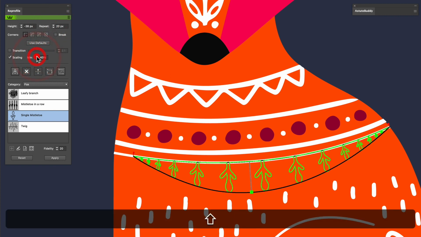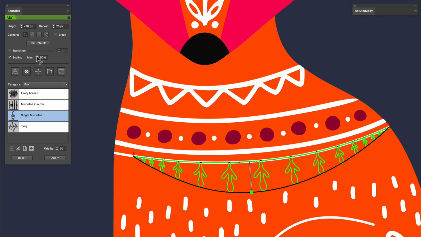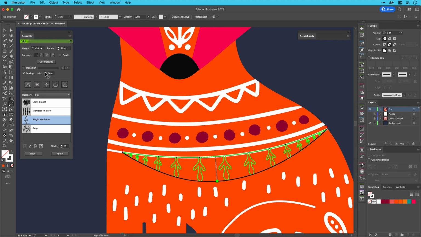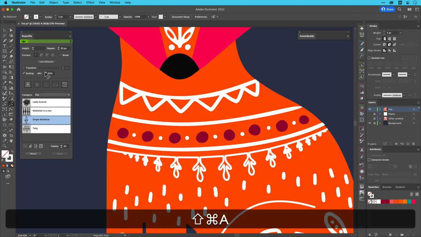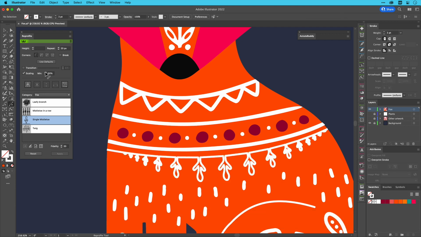Each setting has an effect on the aspect ratio, so it's advised you work on one factor at a time when perfecting the look you're after. It's possible to use both the transition and scaling controls in combination, but neither can be defined as part of the profile's default value set.